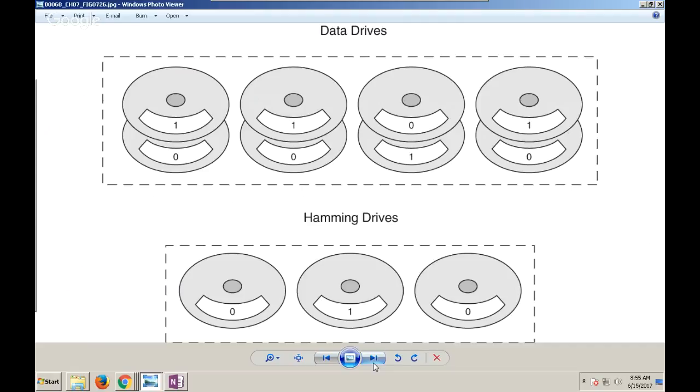We never really have. The reason being, in terms of total storage, it's really horribly inefficient. I mean, look at this. We've got 4 drives for data, 3 drives for Hamming data, right? So we end up using, what? 1, 4, 5, 7 drives here. They all have to act as one drive. And they all function as one big drive, okay?